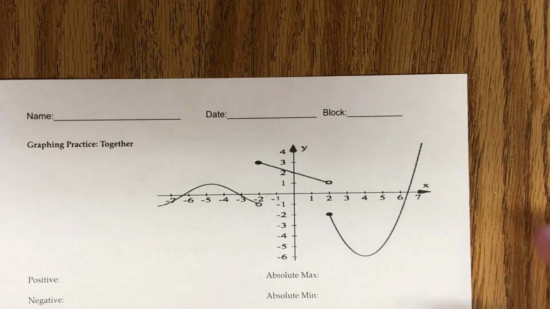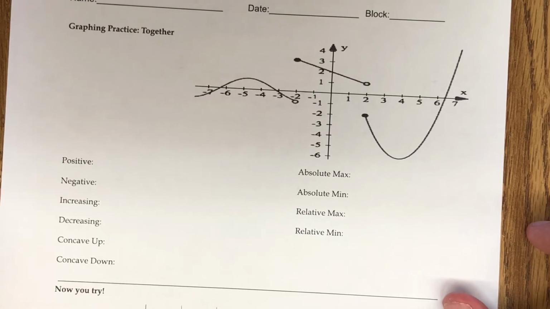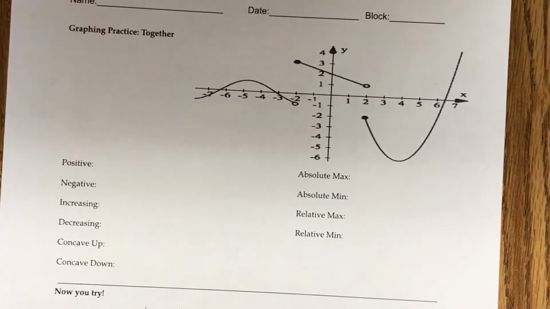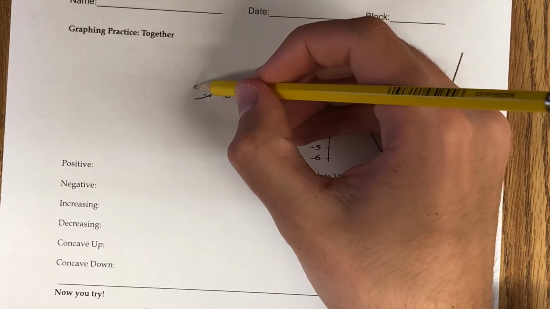Okay. All right, let's do one together again. As you're looking at this, if you want to work ahead of me, by all means, go for it. I'm going to go fast through it, and then I'll let you try one on your own. So here, positive is anything above the x-axis. So I'm going to do positive and negative together. So from,